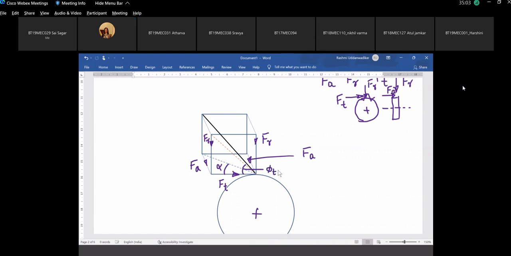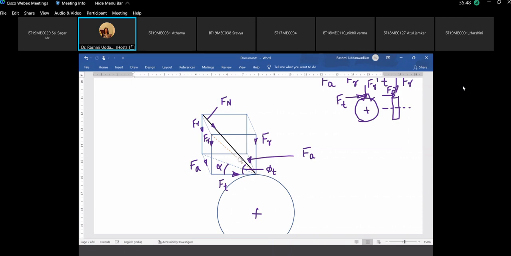Phi t is the pressure angle in the transverse plane. Now if I want the resultant of Fa, Fr and Ft, this is Fa, this is Ft, this is the resultant of Fa and Ft, and this is Fr. So the resultant of Fa and Ft, this blue dotted line, and Fr, its resultant would be this solid bold line. Can you see this line? This is the resultant,